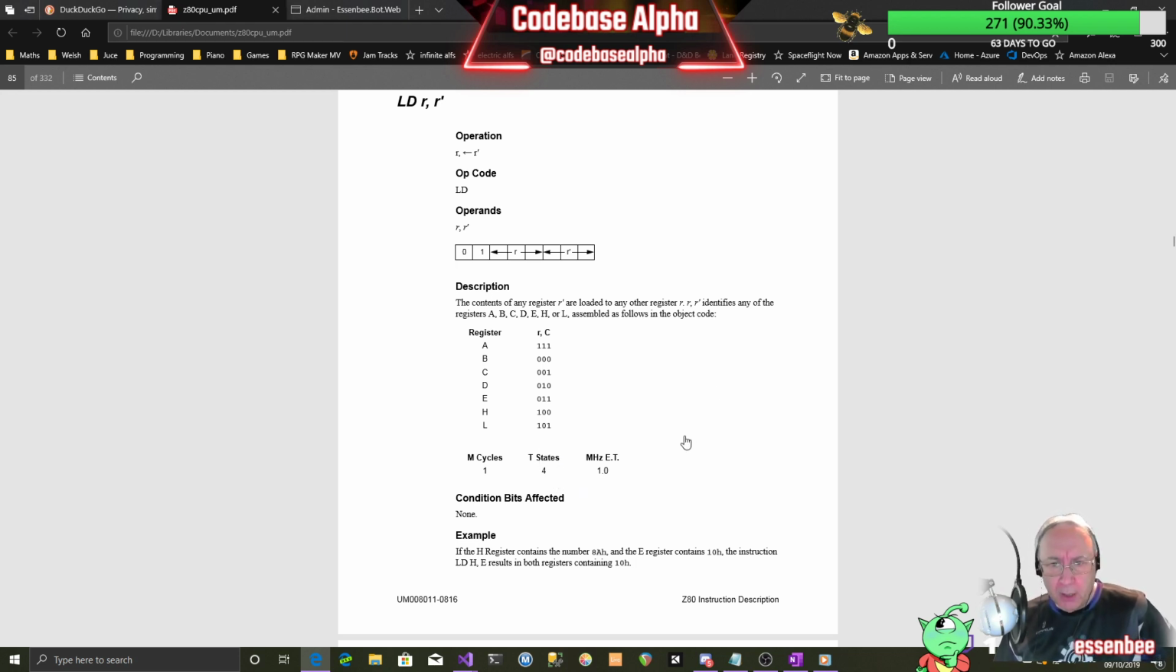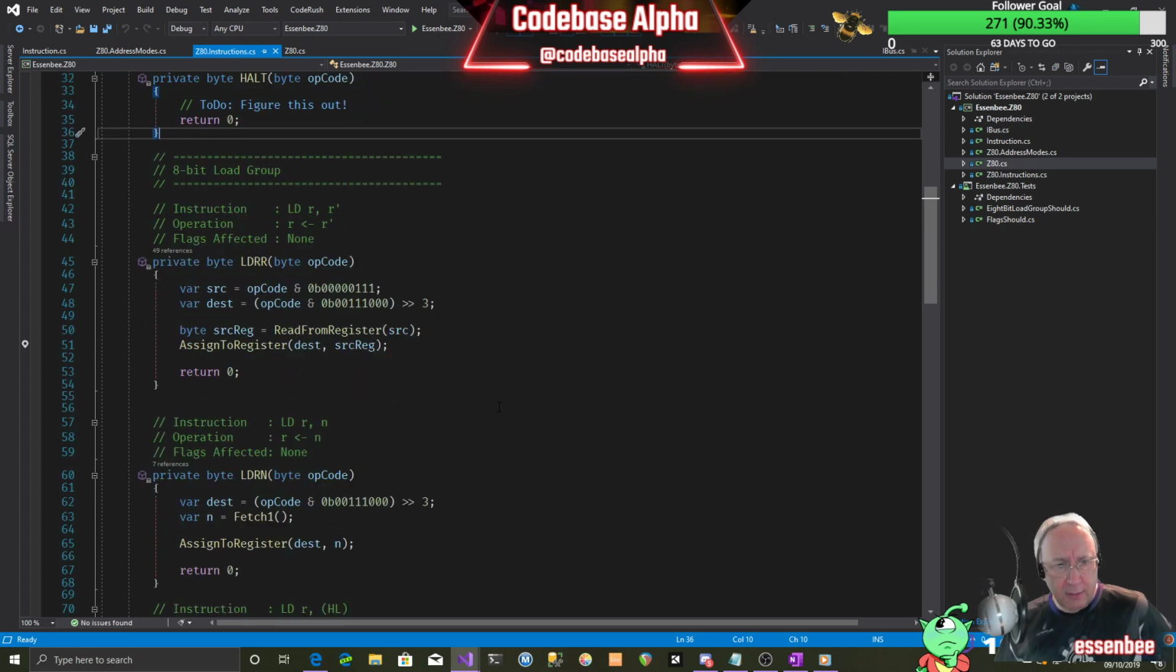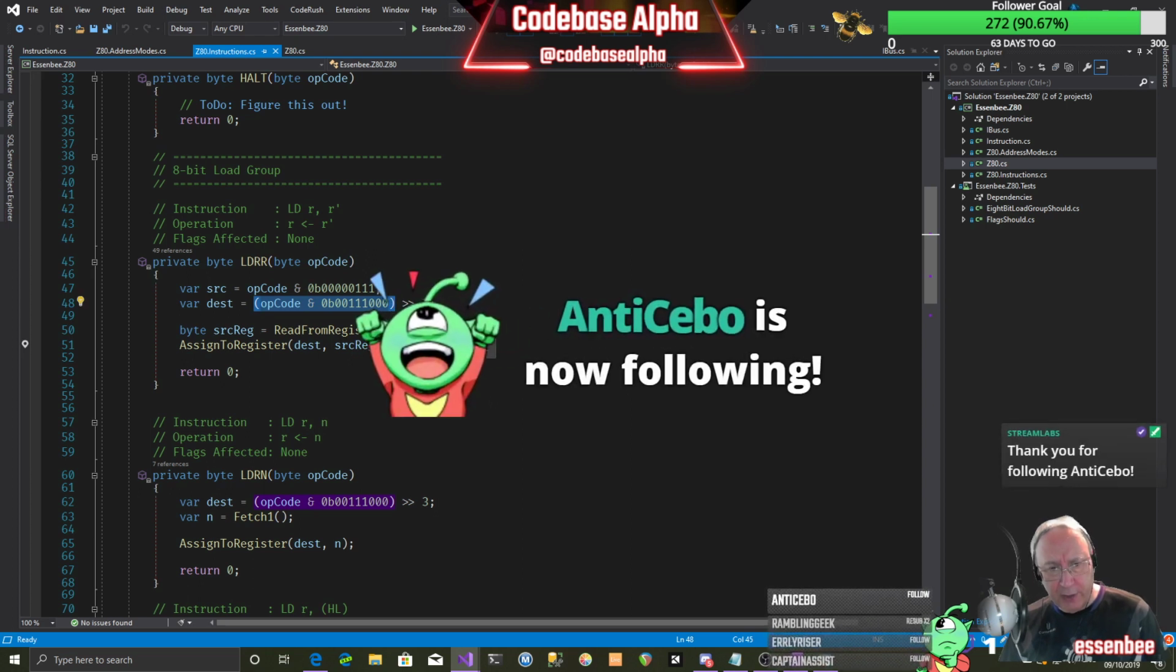Okay. So what does it look like in code? Well, it's really very, very simple. All we do, and I've represented this by a function called LDRR. If we were looking at F#, we could actually have the prime against that, but we can't. So it's just LDRR, load register from register. Basically, we use this mask here to find out what the source is. We use this mask to find out what the destination is, shifting across to the right by